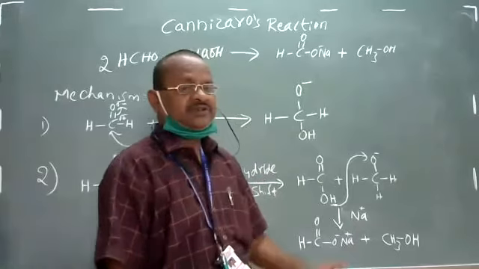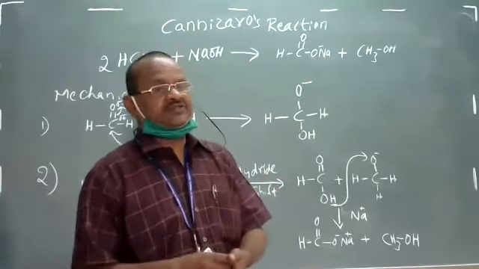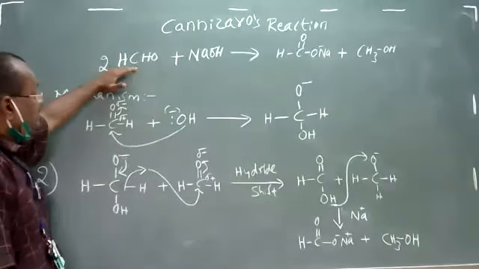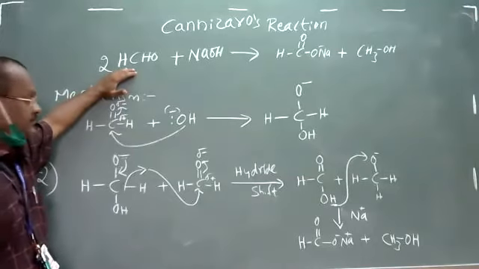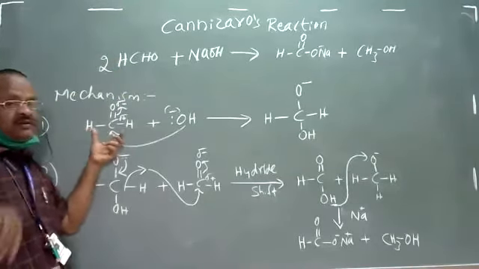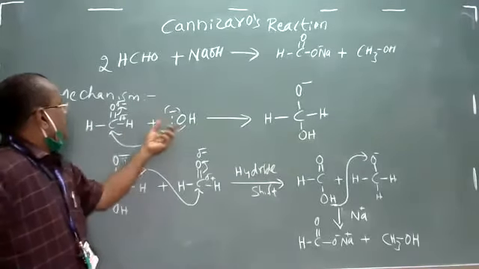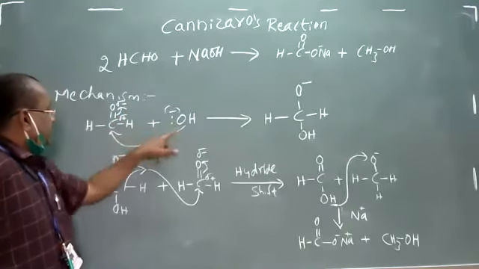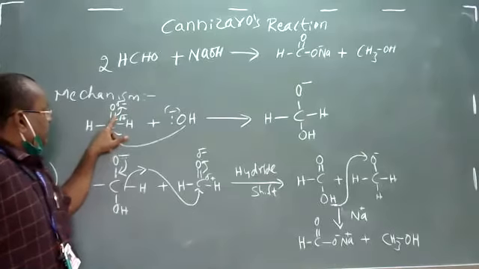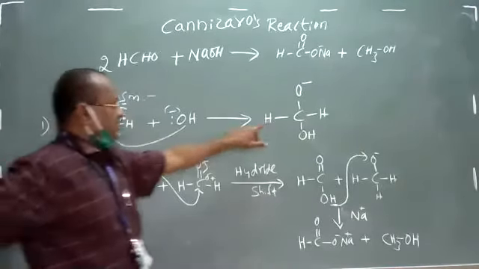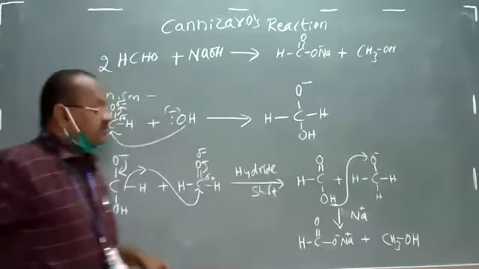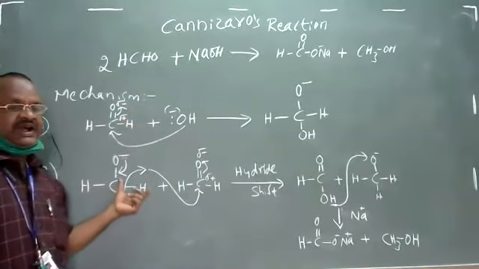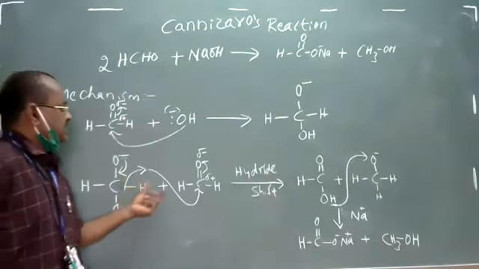And one more point I wanted to tell you is that ketones cannot undergo this particular Cannizzaro reaction. Only aldehydes will undergo the Cannizzaro reaction, when they do not contain any alpha hydrogens. Coming to the mechanism, in this particular mechanism, the nucleophile which is generated from this NaOH is going to attack the carbonyl carbon. So when it attacks this carbonyl carbon, the pi bond electrons will move towards oxygen to generate an oxide ion. This oxide ion is further stabilized by shifting hydrogen as a hydride ion, and this is called the hydride shift